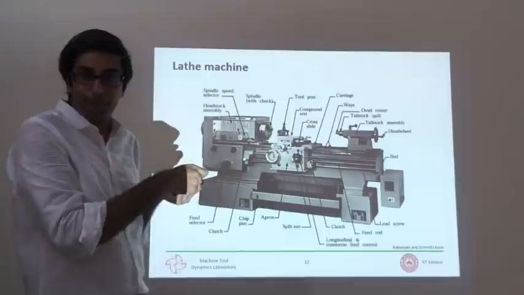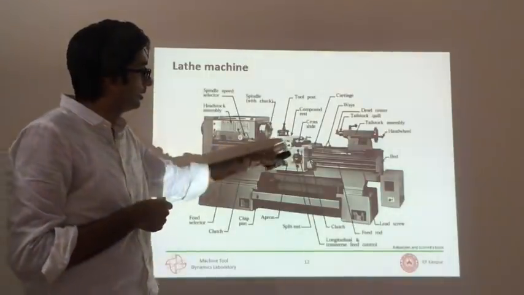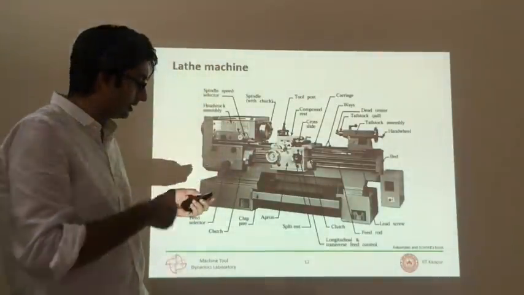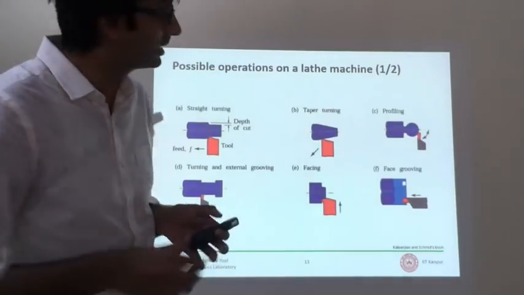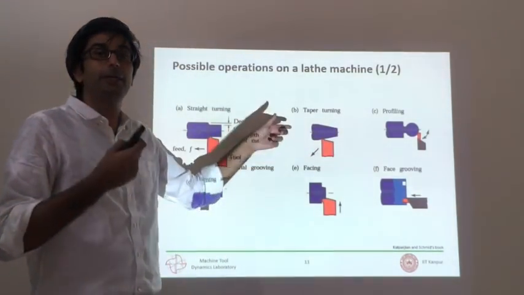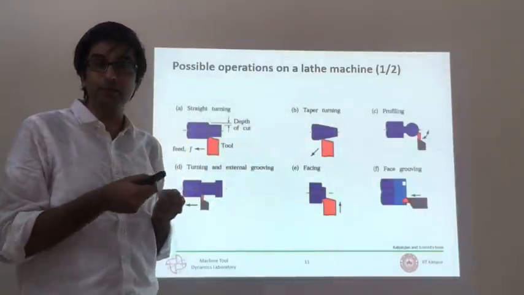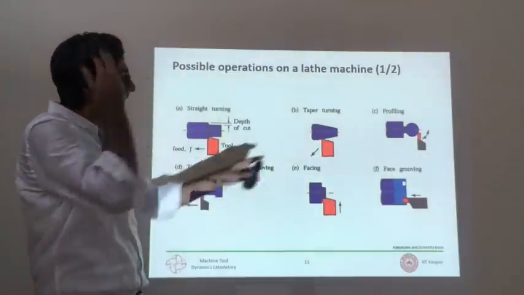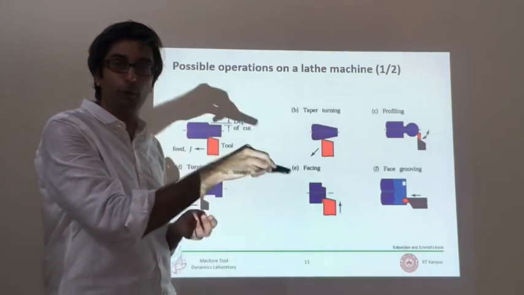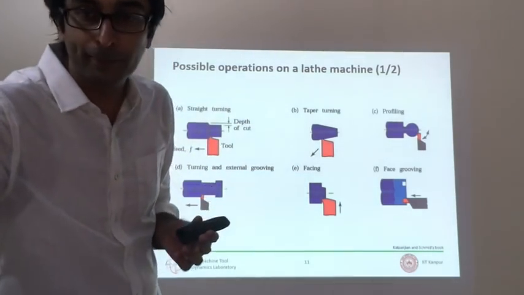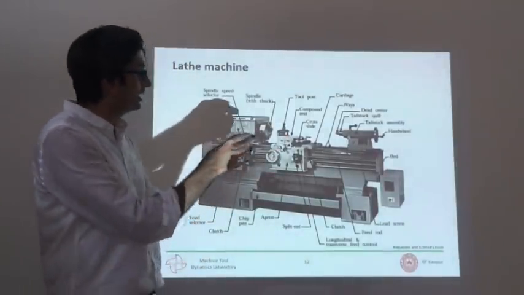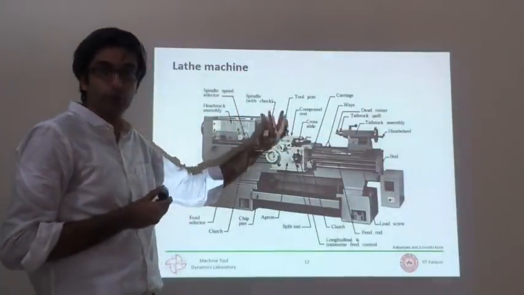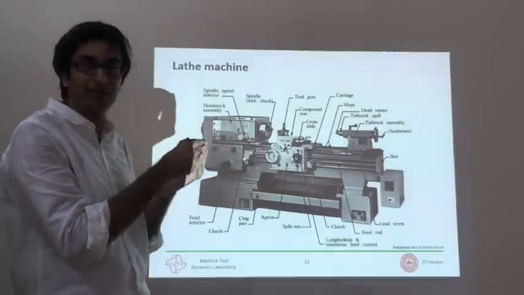So clearly if I am able to manipulate the motion of the tool using 2 of these hand wheels, such that I can create this kind of planar motion, which is necessary for creating taper, I will be able to create a taper. But for that I need simultaneous control of 2 hand wheels, which is not so trivial like I mentioned earlier. So instead, what you can also do is the tool post that you had on the top, I'll show you that again. You can actually index that tool post by whatever orientation you would like, so that is allowed. You can rotate this, there is an axis allowed there, but you have to fix it after rotating it.